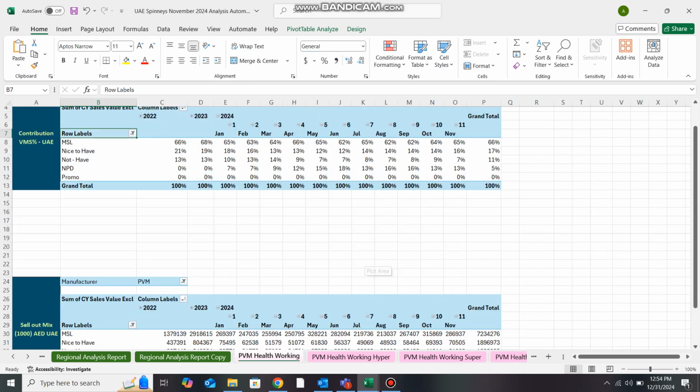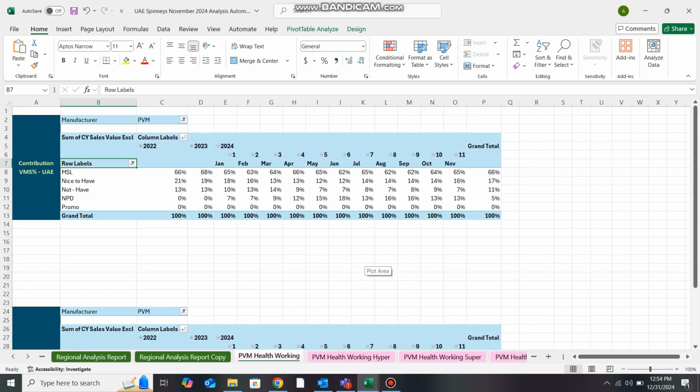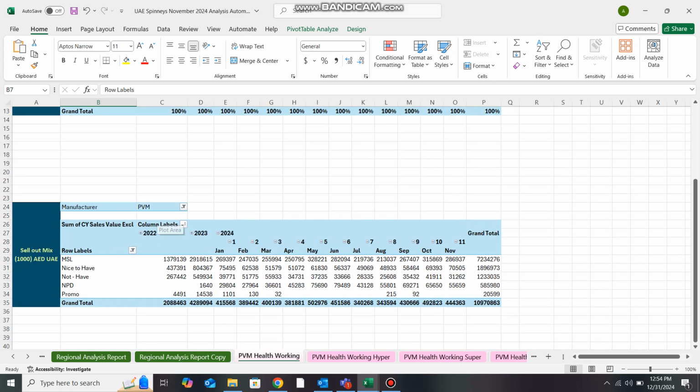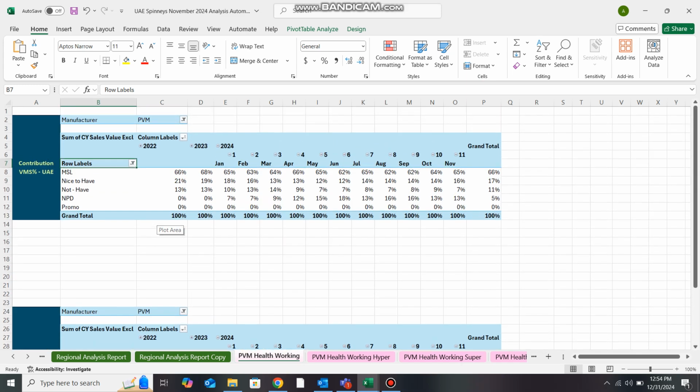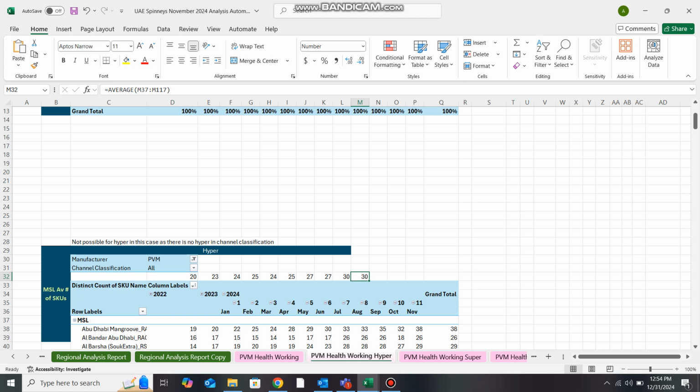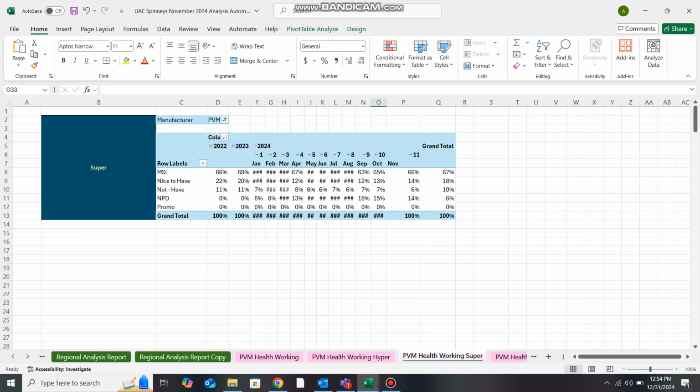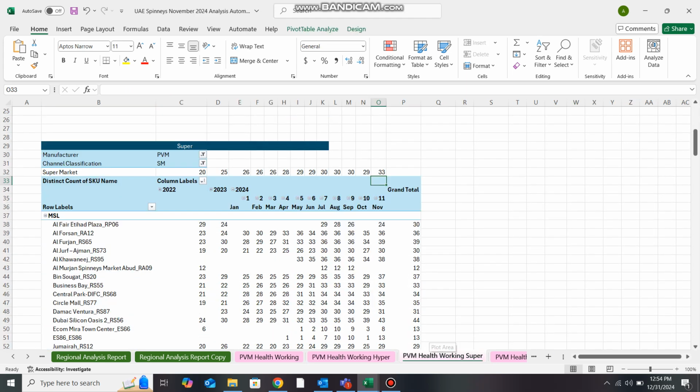So this portion is also completed. Now move to the next portion of the slides, which is PVM health working. In PVM health working, in the first sheet you don't have to perform any working. In the second sheet, just like this one, superstore working, what you have to do, you have to check for